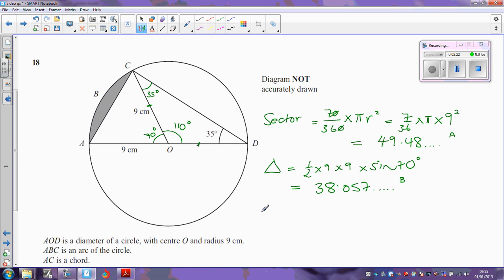In order to find the shaded area, which is what we're asked for, the shaded area is going to be the sector area minus the triangle area. In other words, 49.4 and so on minus the 38.0, and if I do that on my calculator, I can just do A minus B. That comes out as